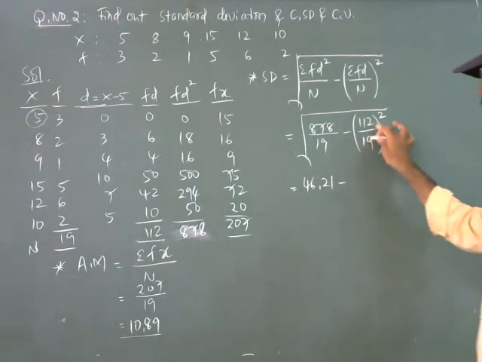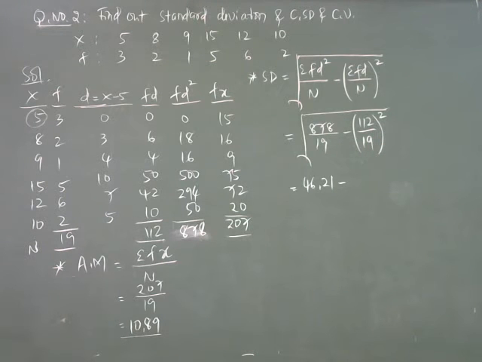46.21 minus 112 by 19. How to do this one? Directly 112 divided by 19 equal to, then you press the into and equal to button. So you will get a square number only. I will show you how: 112 divided by 19 equal to, you press the equal to button in the calculator,